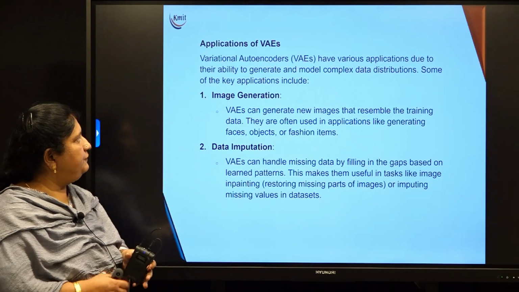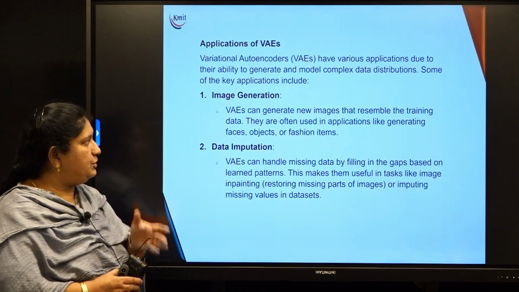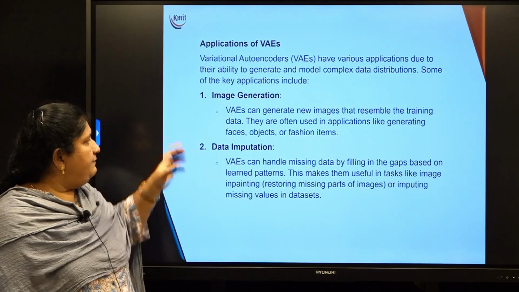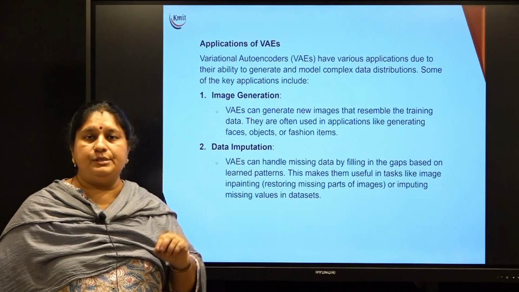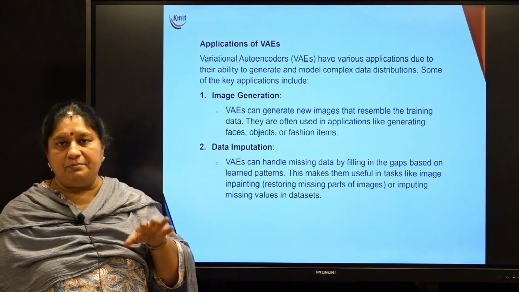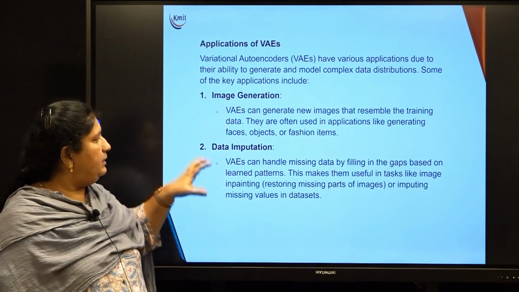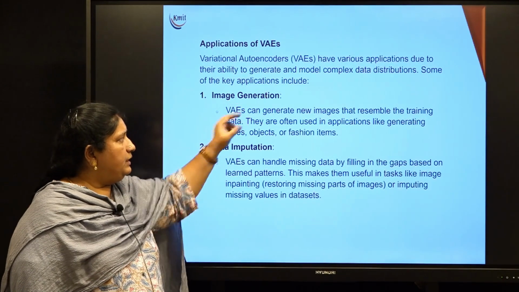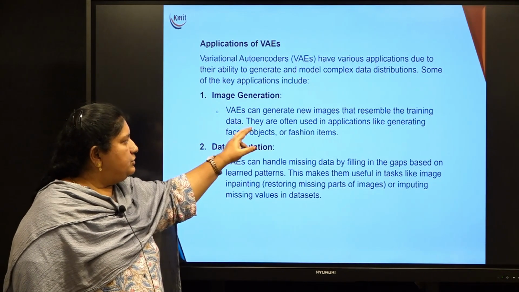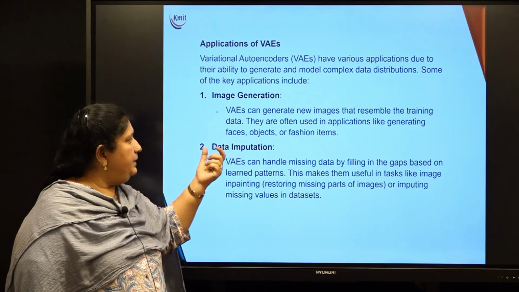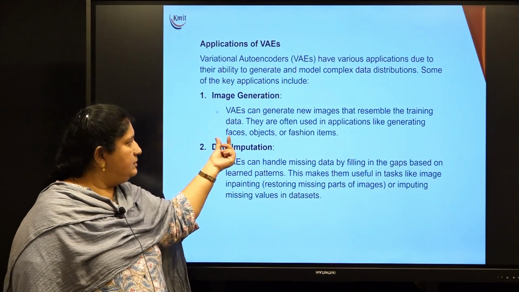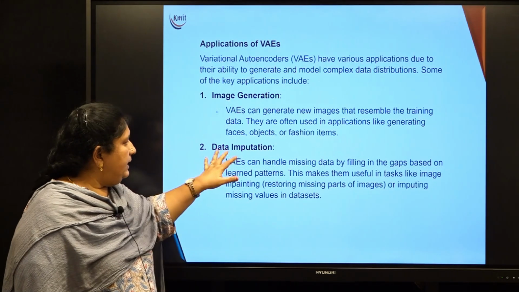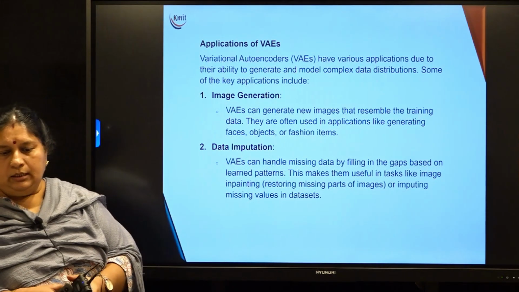Let us see some of the applications of variational autoencoders. As I kept on talking in the introduction session, variational autoencoders can be used in image generation and image compression. These are the techniques wherein we can use VAEs. Whenever you are working with image generation, they try to address applications like generating faces, objects and fashion items, right? Data imputation, it can handle